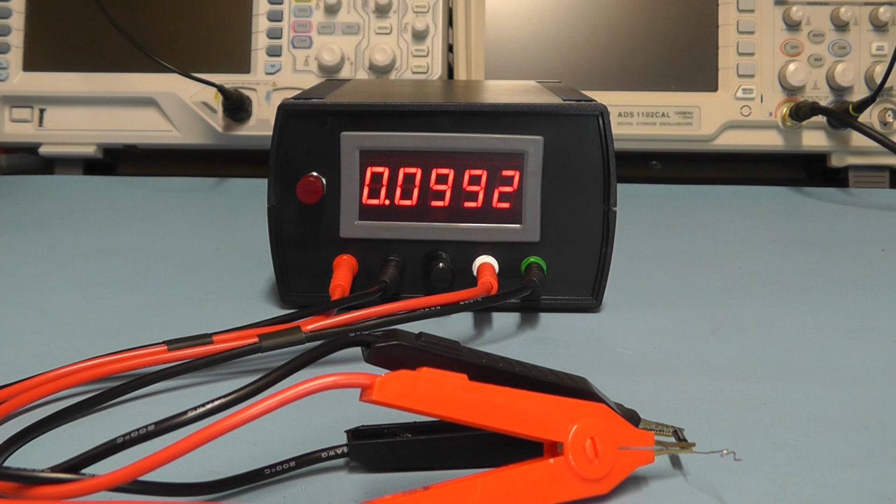And that's given me a reading of 0.0992. So it's pretty close to 0.1 of an ohm, and obviously there's a tolerance on that particular resistor. That is a 0.1% tolerance resistor. Now it could be that we need to just trim the 100 milliamp source current on this from the little preset at the back, and I might do that in a moment, but let me just check a few more